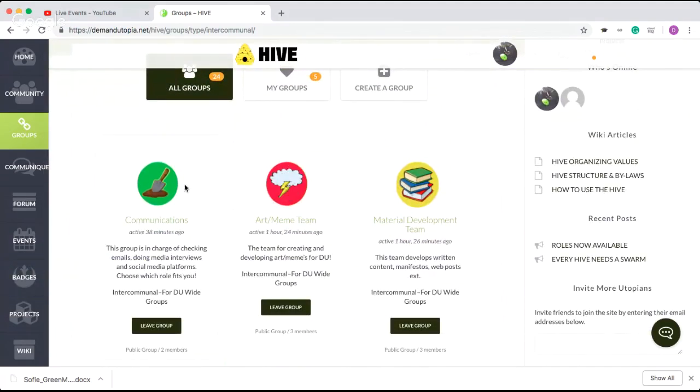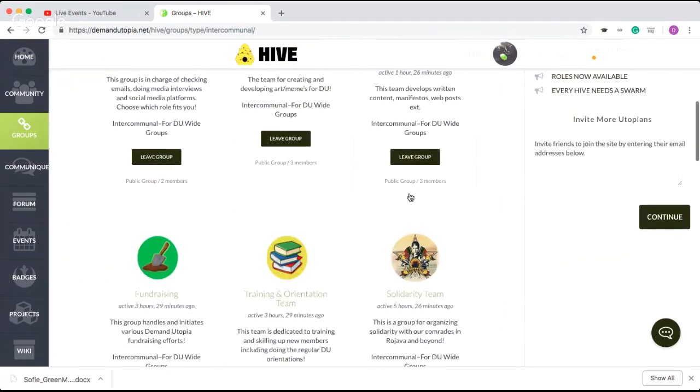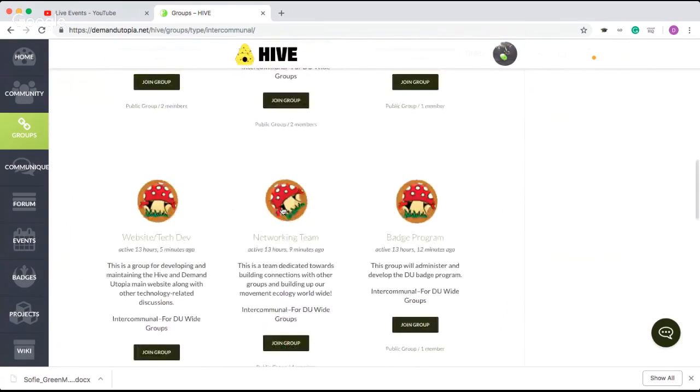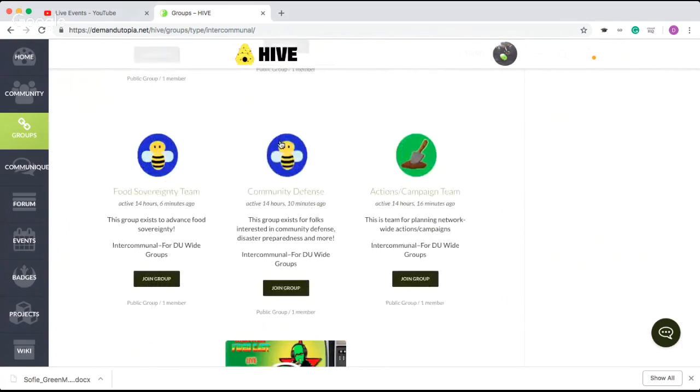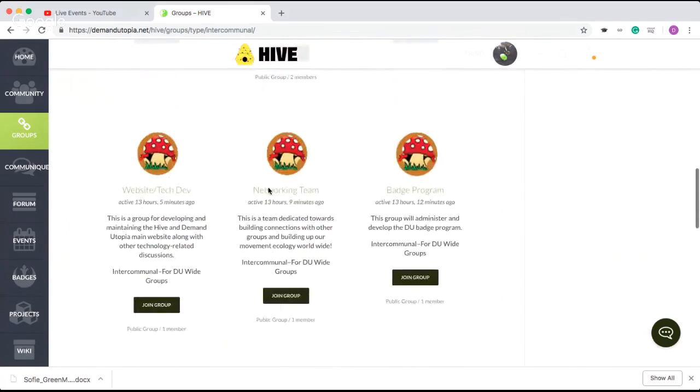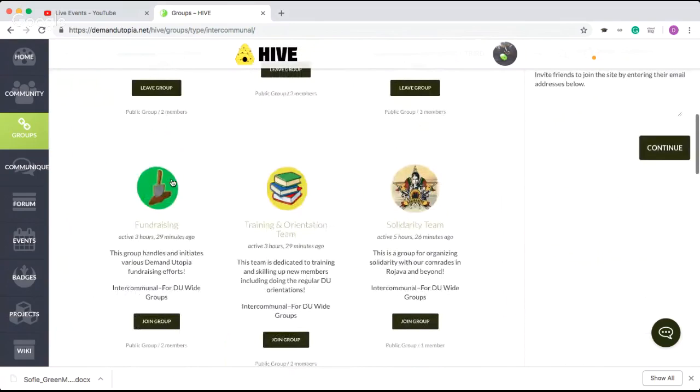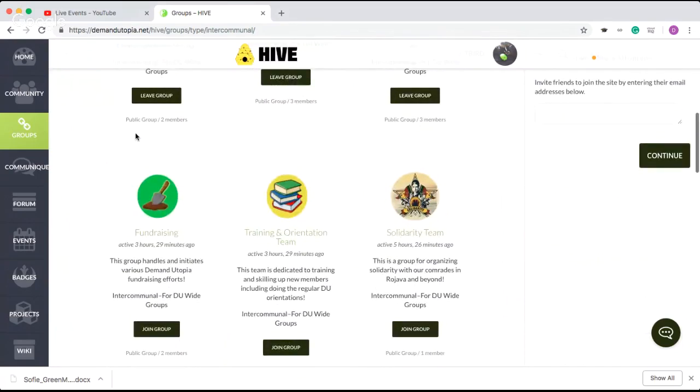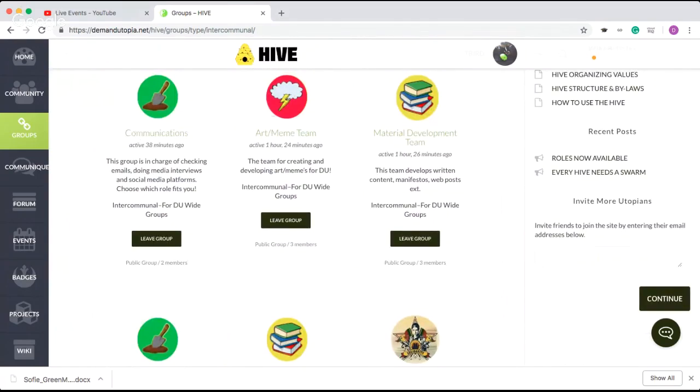So we have the prophet, the grower, the sages, and the fungi here, beekeepers, or the hive keepers. These are the first groups that you're going to want to join right off the bat,